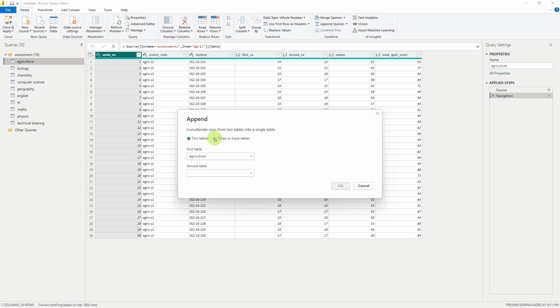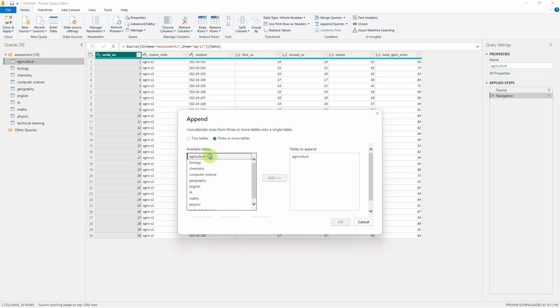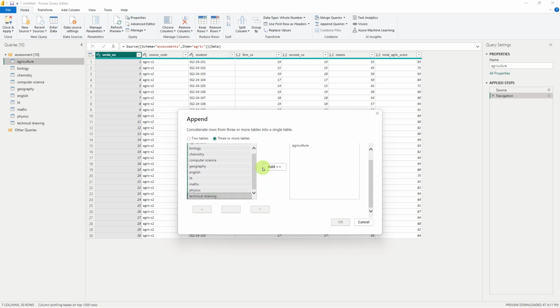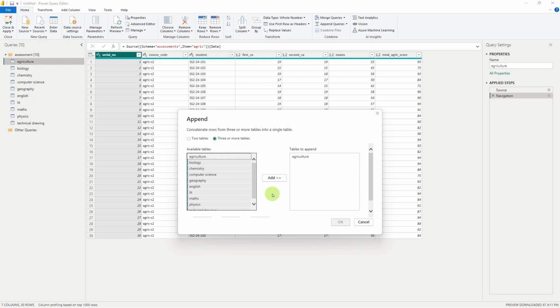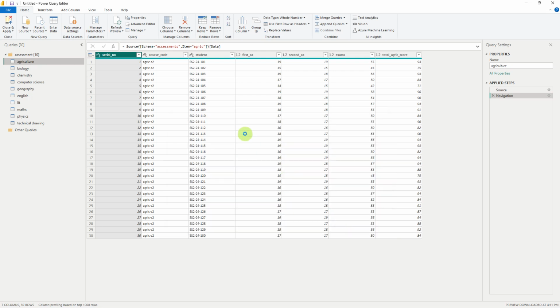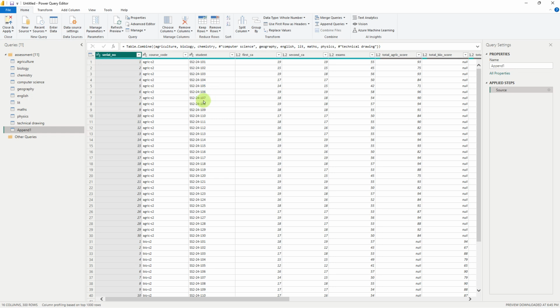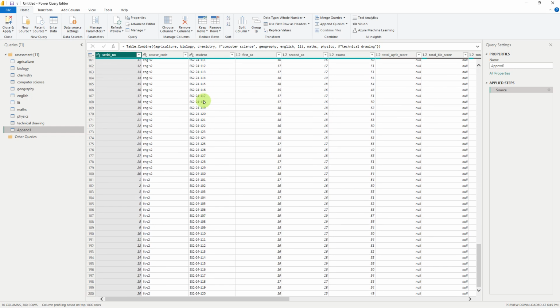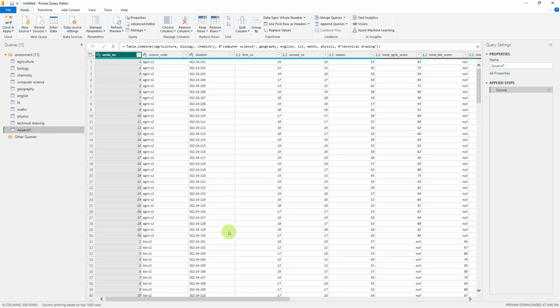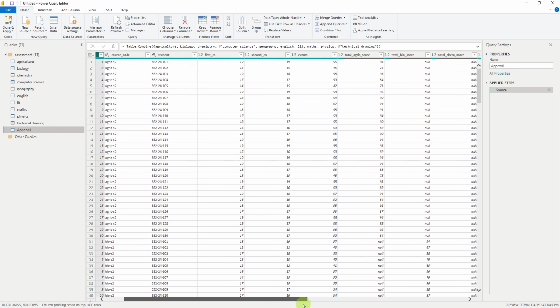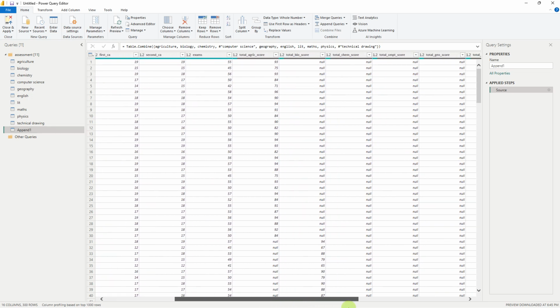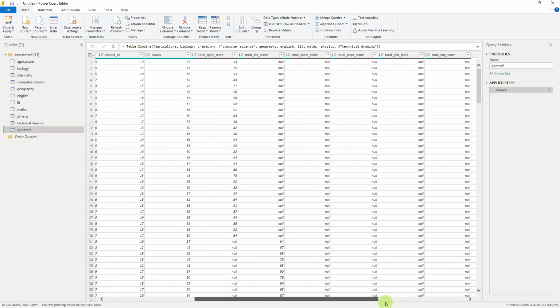So I want to append 3 or more. I'm just going to select everything here, shift and select all, aside agric, control aside agric, and add, and okay. So it has created a giant pool of table for me. Now, one of the reasons I actually did this is,